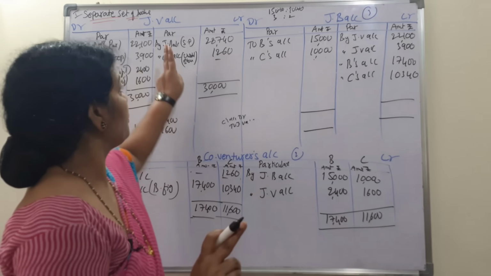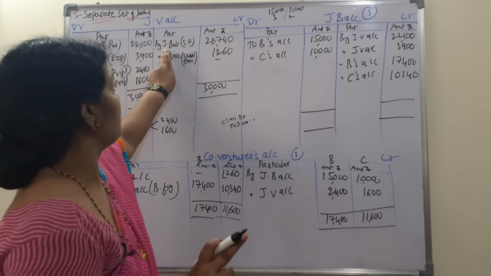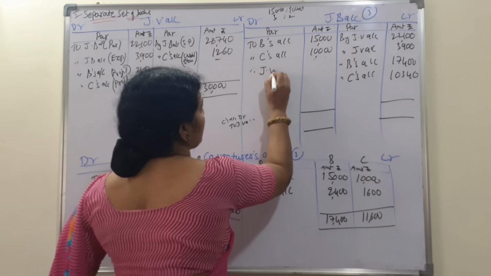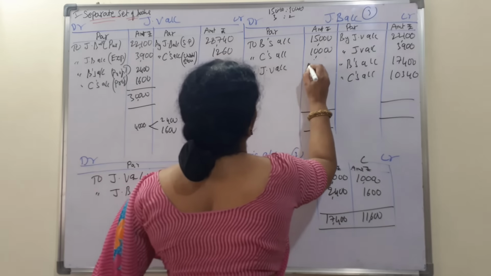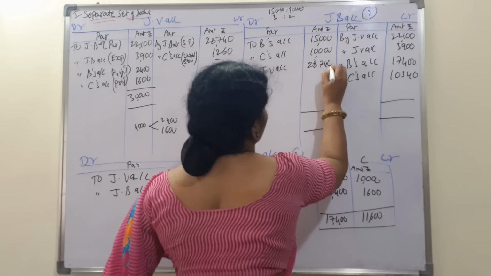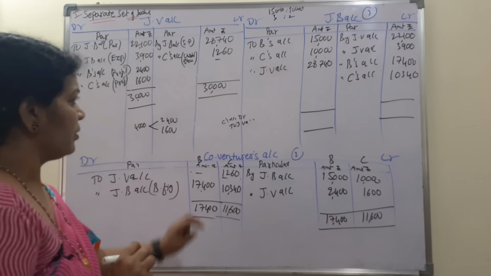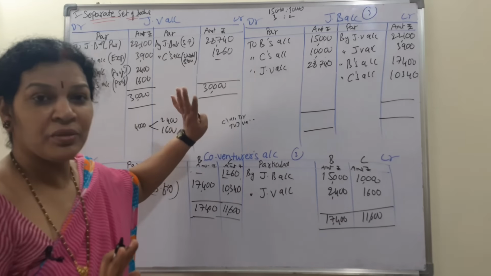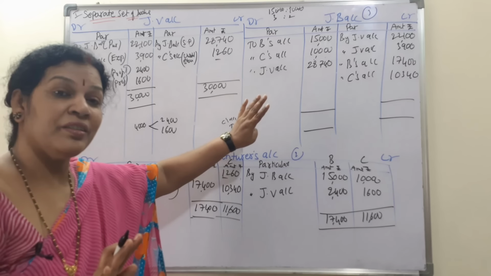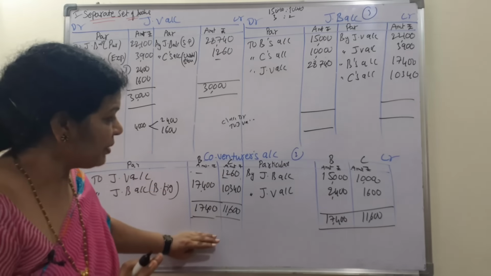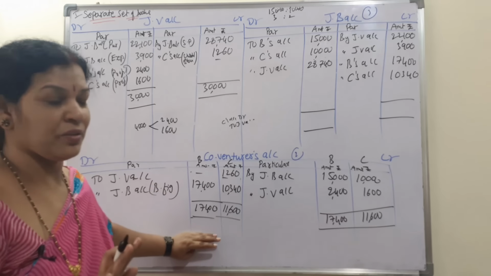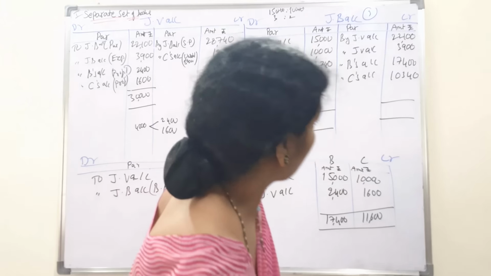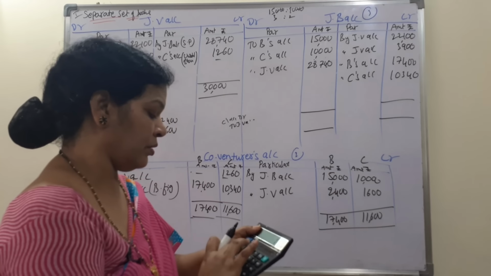And also we need to transfer joint bank, that means credit to debit. So to joint venture account 28,740. That's all, everything is clear. Be careful when these two accounts are prepared, debit to credit, credit to debit, and in the same way the co-venturers account also needs to be handled very carefully. Okay, so we have transferred everything. Now we'll check it out.